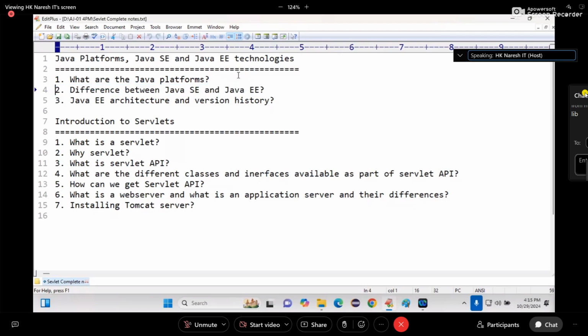Okay. What is the Java EE architecture? Java EE architecture means what it contains. Java EE contains technologies of two levels. Number one, servlets and JSP for web applications, web technologies, and EJB and web services are enterprise application development technologies. Okay, write down these points.